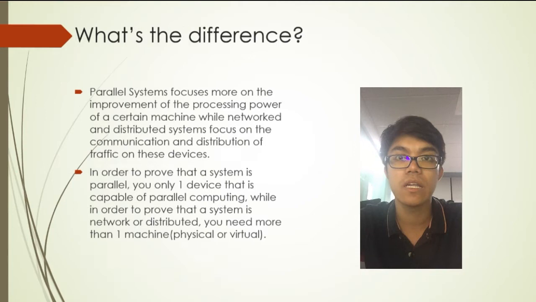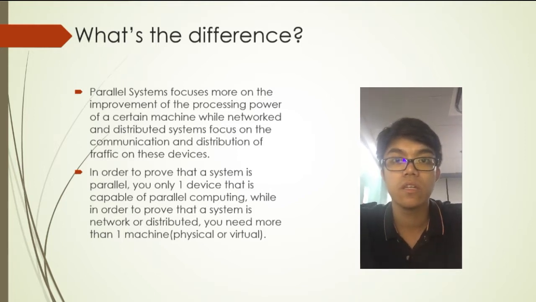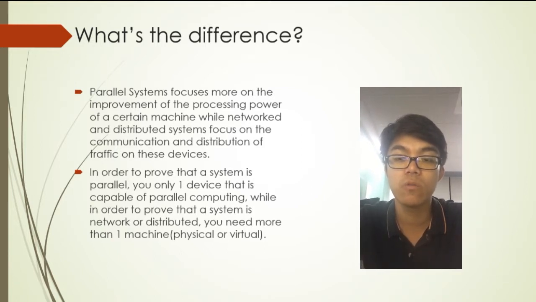Now, let's tackle the differences between them. Parallel systems focus more on the improvement of the processing power of a certain machine, while network and distributed systems focus on the communication and distribution of traffic on these devices. In order to prove that a system is parallel, you only need one device that is capable of parallel computing, while in order to prove that a system is networked or distributed, you need more than one machine, physical or virtual. What I mean here is that in parallel systems, you only need one device to prove that it is a parallel system. For example, a laptop that runs